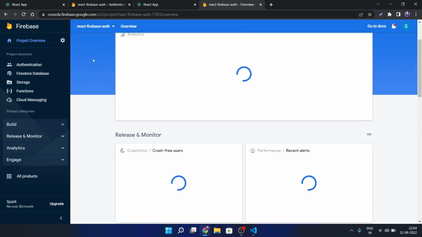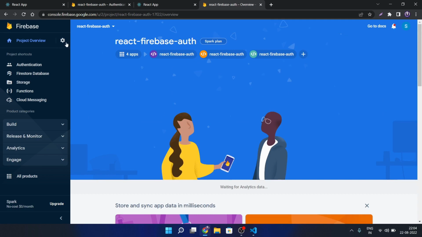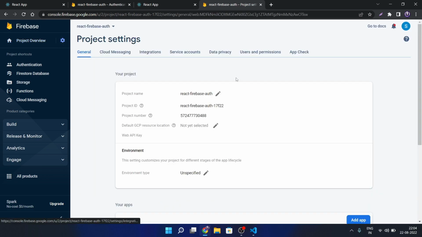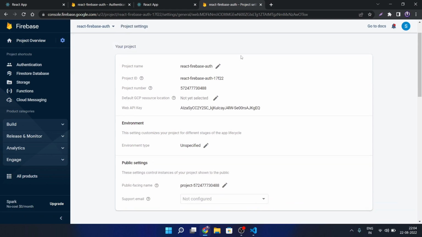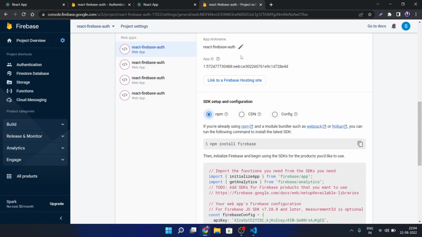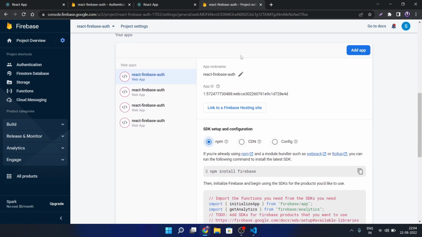Inside of this dashboard, you just need to go to your project settings. So let's click on this and you will be inside of your project settings. When you have created your project, you will be thrown to this dashboard page, and from there you can simply navigate to your project settings, and inside of the project settings, when you scroll down,